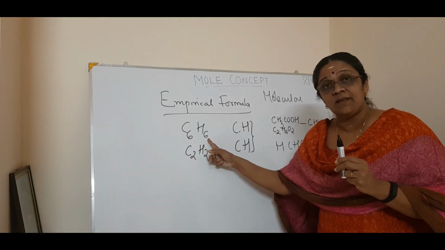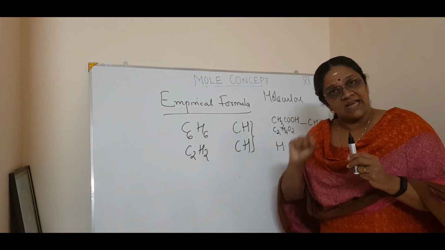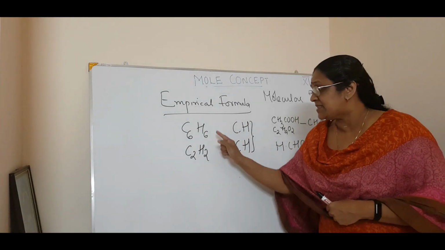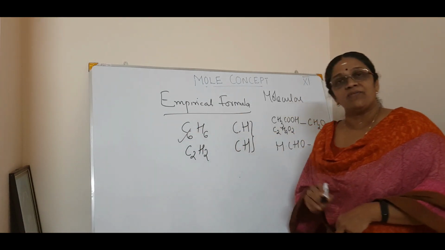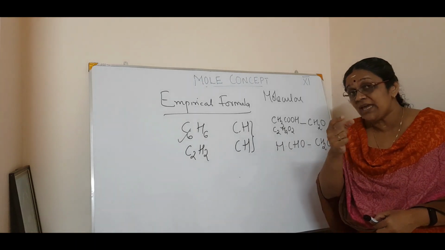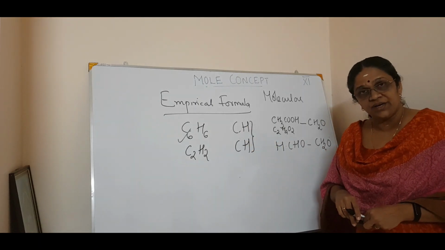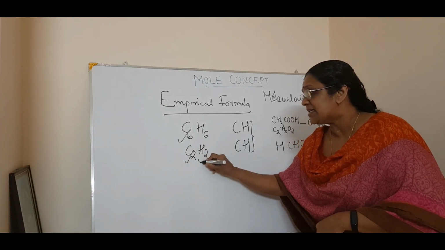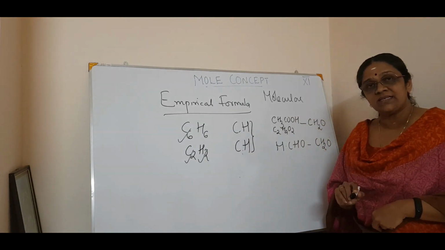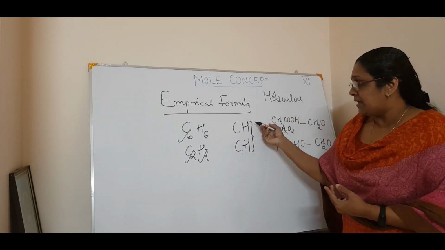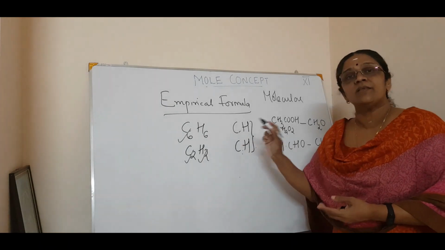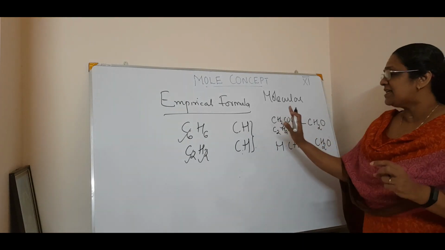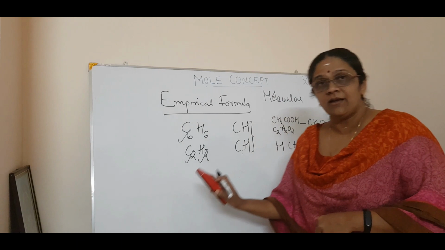So, in the case of benzene, the molecular formula is C6H6. That means, in an actual benzene molecule, there are 6 carbon atoms and 6 hydrogen atoms. So, that is the molecular formula. But the empirical formula gives only a simple ratio of the elements. Got it? Okay. Now, what about acetylene? The actual molecular formula is 2 carbon atoms and 2 hydrogen atoms, but the empirical formula is CH. So, you can say the empirical formulas can be the same, but the molecular formulas cannot be the same. It's true, isn't it? It's logic. Okay. So, that is just a simple introduction to the empirical formula.